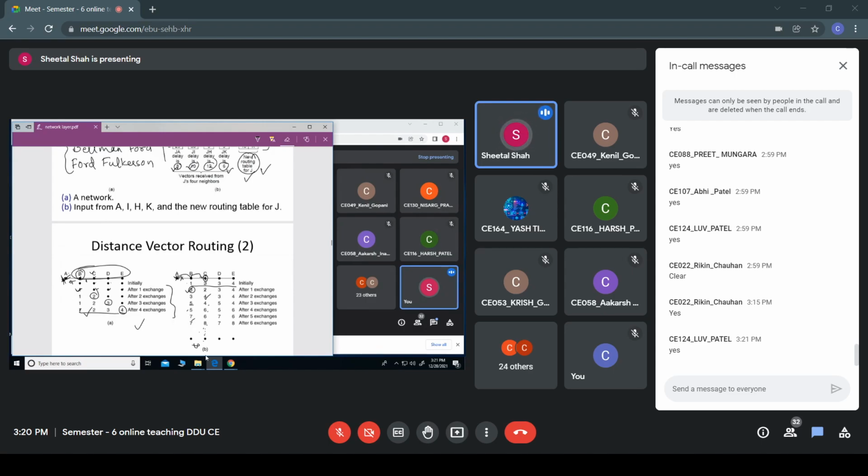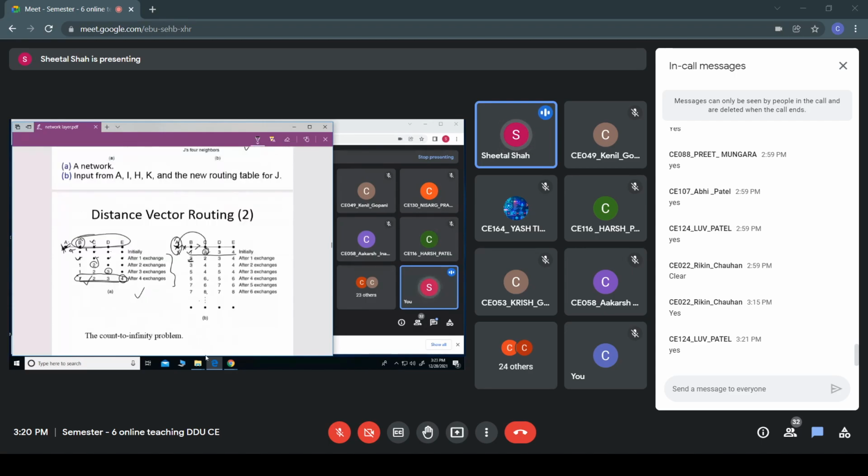Say suppose this link goes down. Okay, and hence it will assume that C can reach A in 2 hops. So it will increment one more hop because B can reach C in 1 hop. So 2 plus 1 would be equal to 3. Now C learns that D can reach A in 3 hops as well as B can also reach A in 3 hops. So what will it do? 3 plus 1, because C can reach B in 1 hop. So 3 plus 1, it would change it to 4. Hope you are getting this.